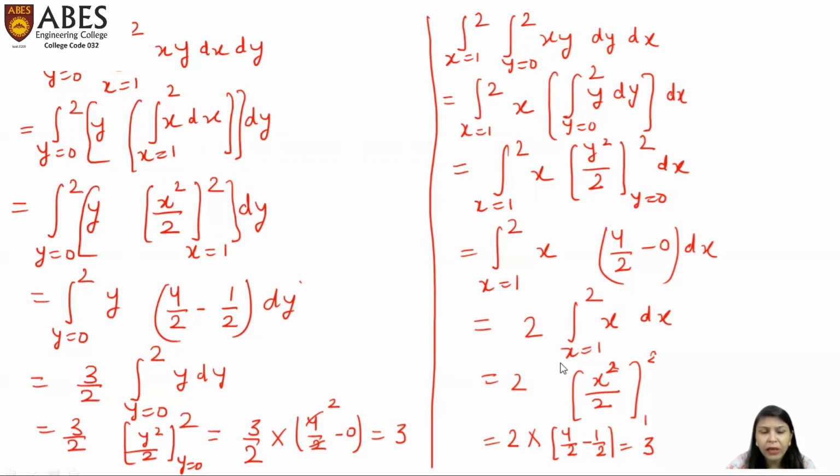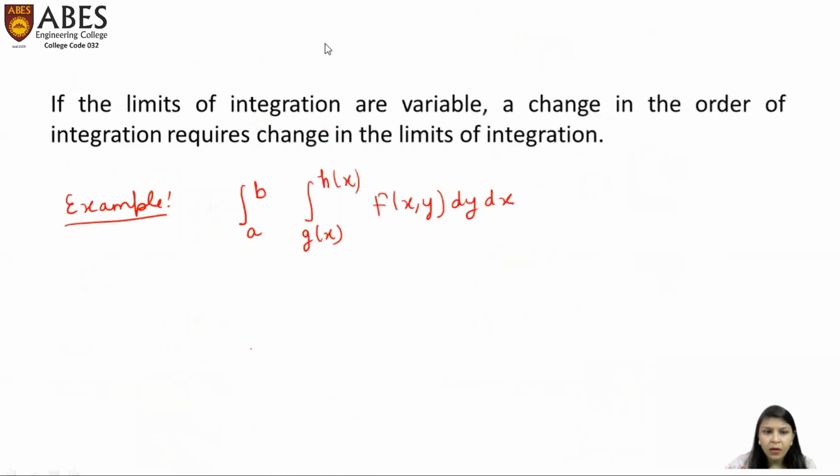Okay, अगर दोनों ही constant limit है तो हम किसी को भी पहले solve कर सकते हैं, इसका ऑर्डर मैटर नहीं करता उस केस में। बट इफ द लिमिट ऑफ इंटीग्रेशन आर वेरिएबल फॉर्म, मीन्स यहाँ पे एक लिमिट वेरी कर रही है और जो दूसरी लिमिट है वो क्या है, कांस्टेंट है। तो जब भी कोई भी लिमिट वेरी करती है तो हम इंटीग्रेशन सबसे पहले वेरिएबल लिमिट के रिस्पेक्ट में करते हैं।